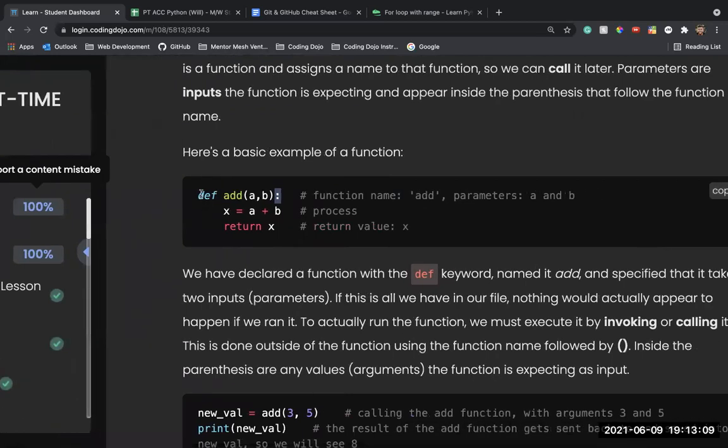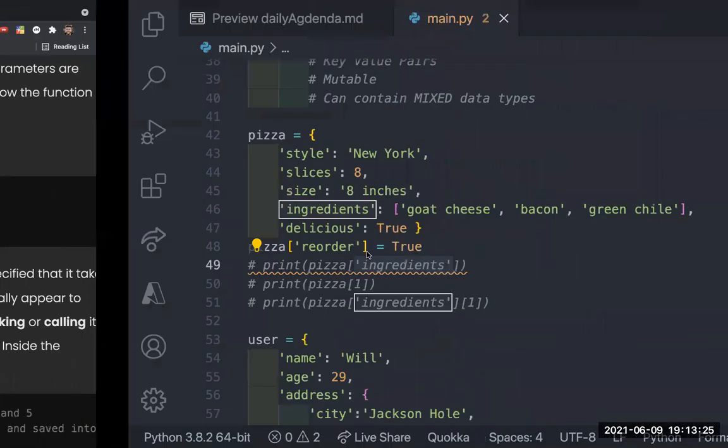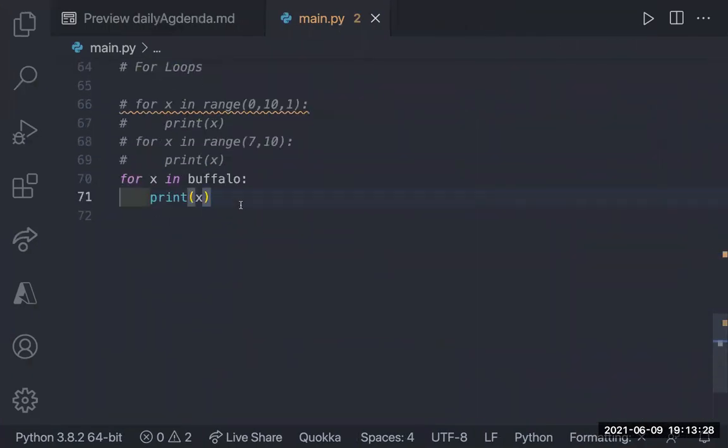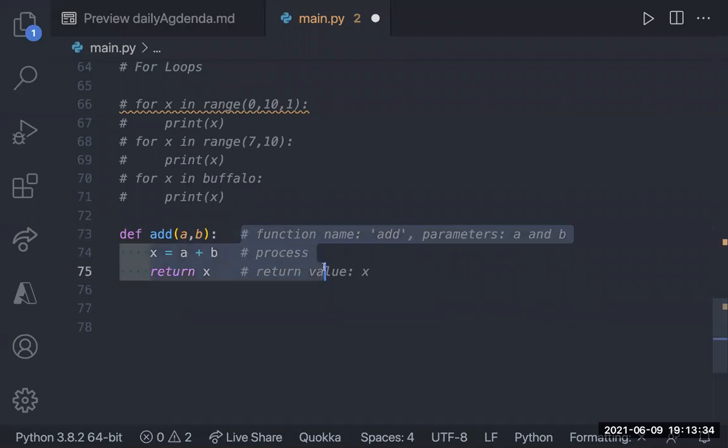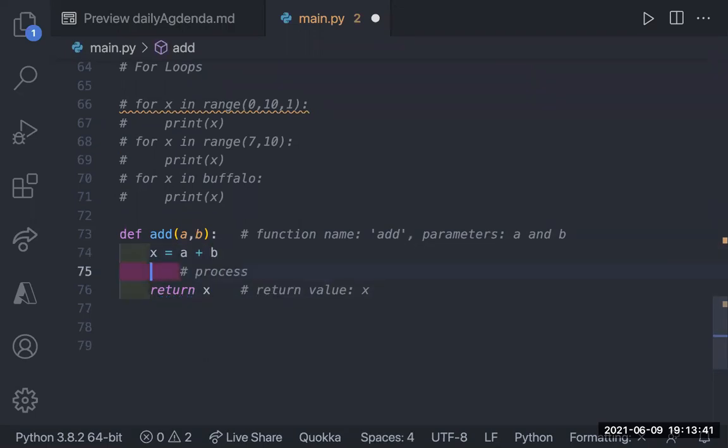So in this method, anything indented under this method, Python will treat and act as if it is part of the function. So what do I mean by that? If I go to my code, I say something like this. And then I say, return X. Well, I don't want to say return X. I want to say print.